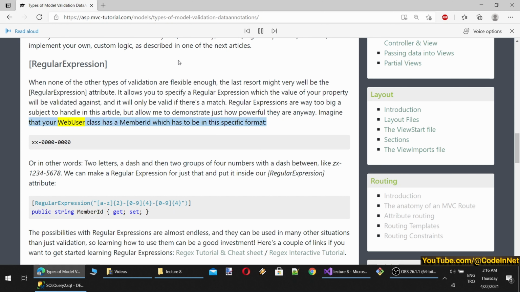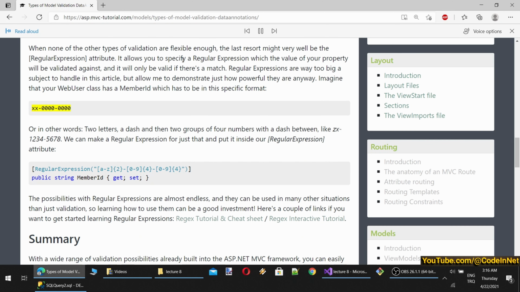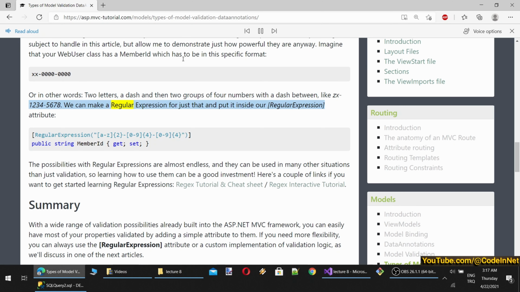Imagine that your web user class has a member ID which has to be in this specific format, XX-0000-0000. Or in other words, 2 letters, a dash and then 2 groups of 4 numbers with a dash between, like ZX-1234-5678. We can make a regular expression for just that and put it inside our regular expression attribute.